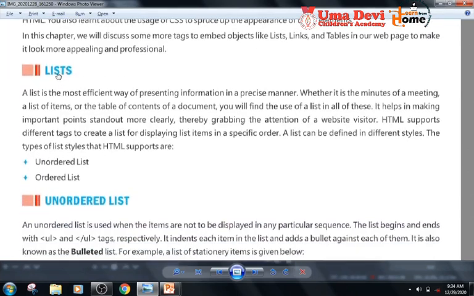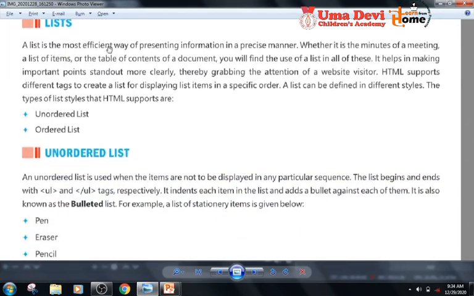Lists. A list is the most efficient way of presenting information in a precise manner. Whether it is the minutes of a meeting, a list of items, or the table of contents of a document, you will find the use of a list in all of these.